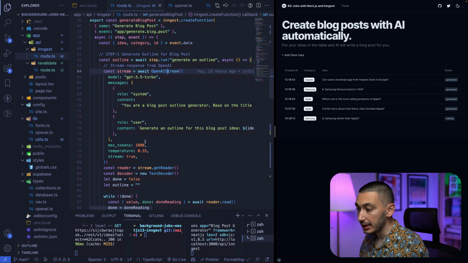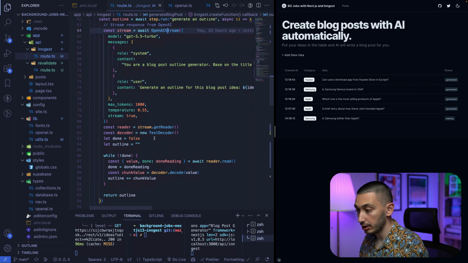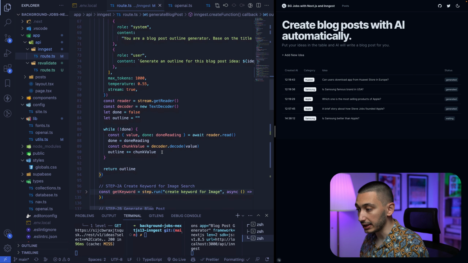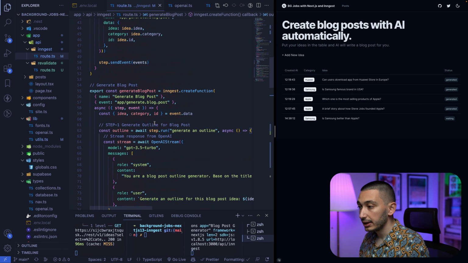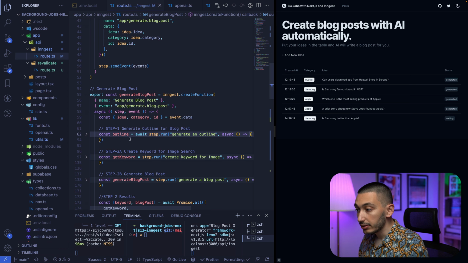And in this generate outline function, we can read our chunks and we can create a loop to send those chunks as our outline. And finally, when we are done, we can return our outline. Okay, cool. But the trick here is returning